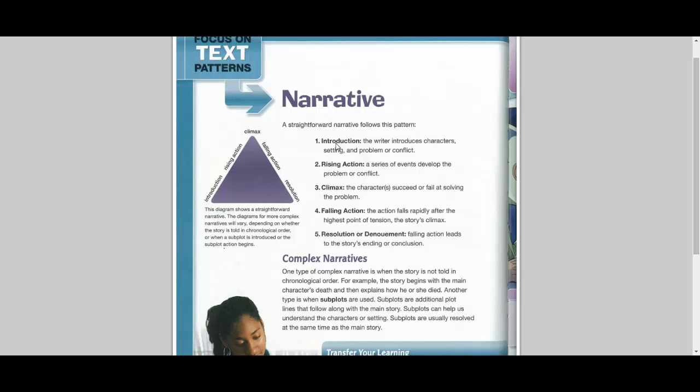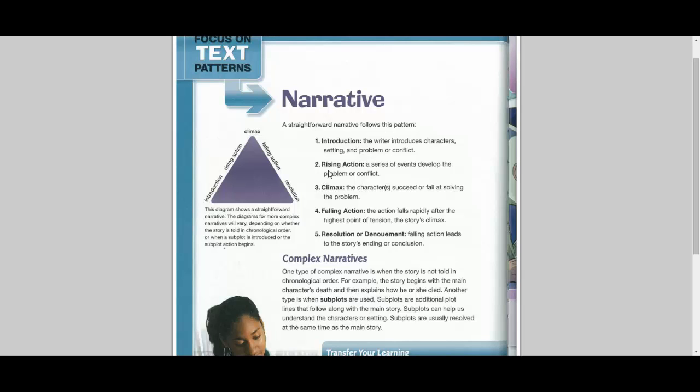An introduction paragraph, which talks about the characters of your story. Who is in your story? The setting. Where is your story? And a problem or a conflict. Okay? You have to make up some kind of a problem or recall a problem, remember a problem from your